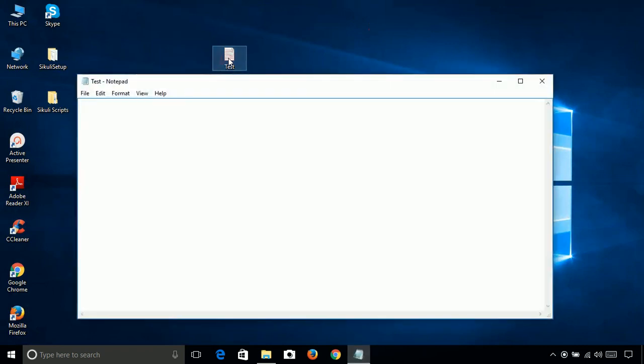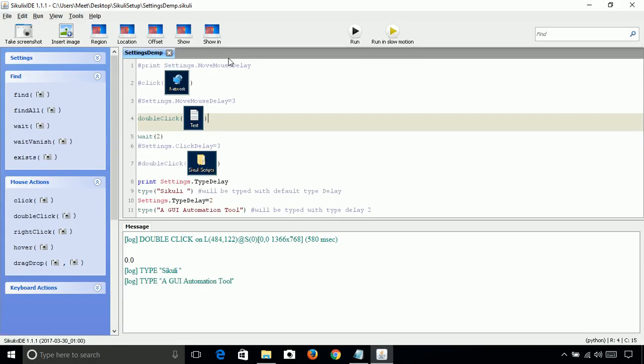So you have to make sure that your frontmost window is the current one you are looking for. So here you can see the type delay of 2 has been added. So each letter has been typed with type delay of 2. So all these functions we can use in Sikuli scripts to add readability, according to our requirement.